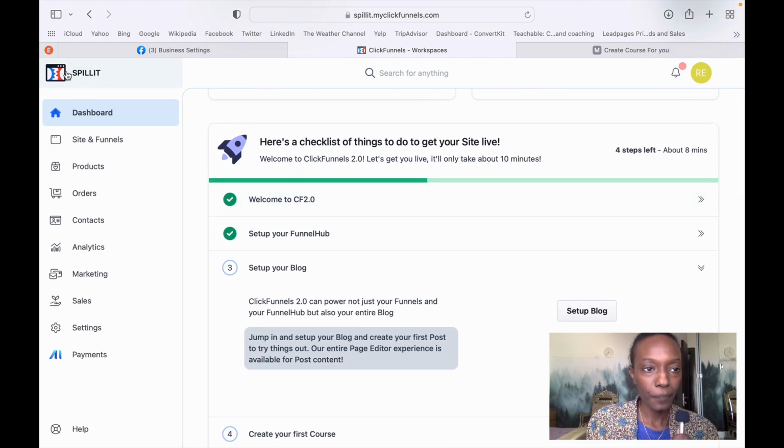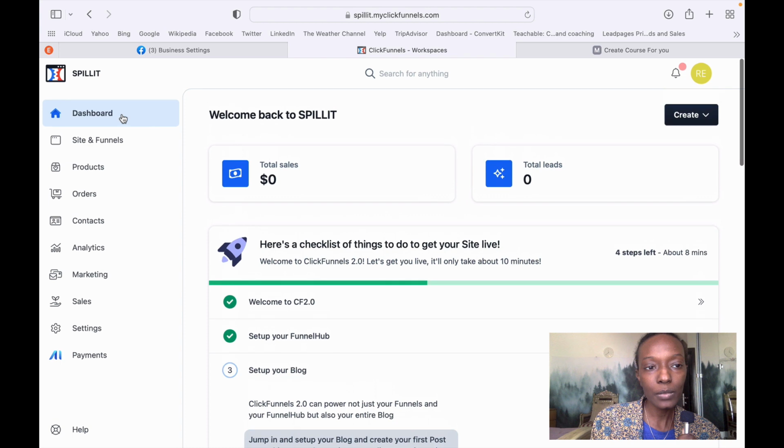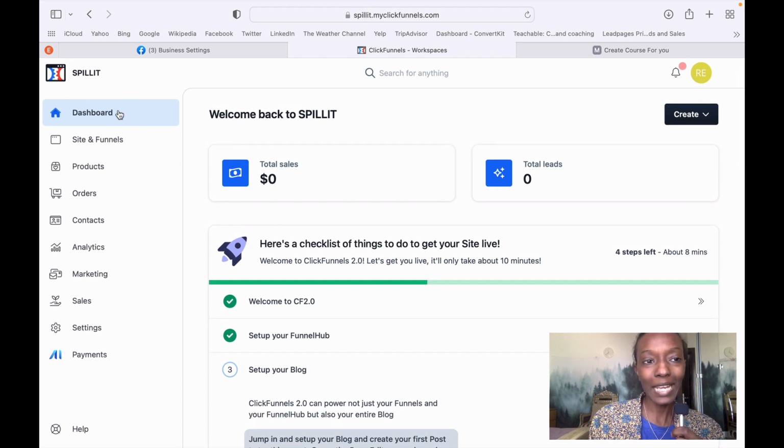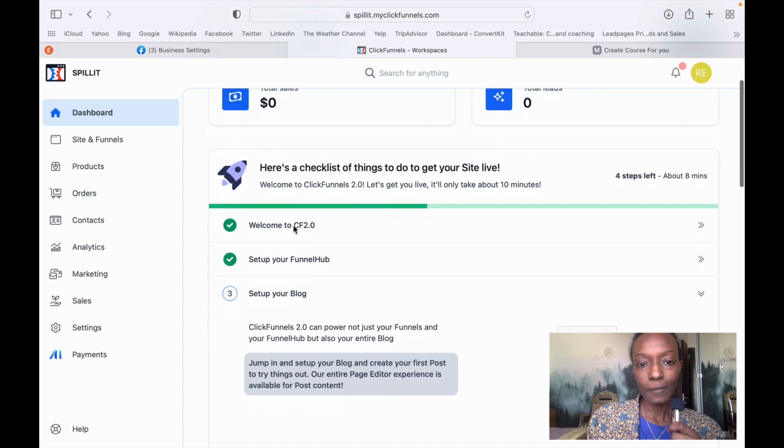So let's look at this, because pretty much everything that shows here is the result of what we've selected here. So this is your main menu, which has the dashboard, right? And when it's highlighted, it means that it's by default clicked. So it means that I've clicked on the dashboard, and this is my dashboard. This is everything that I see in my dashboard. So it says welcome to whatever name that I've chosen, and then it tells me my sales, my leads, and here